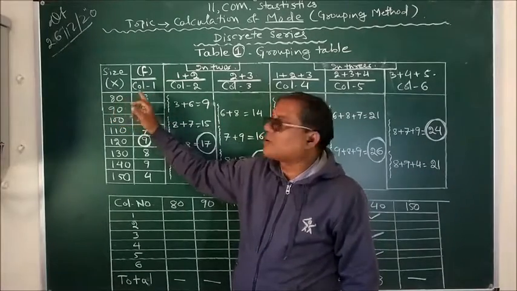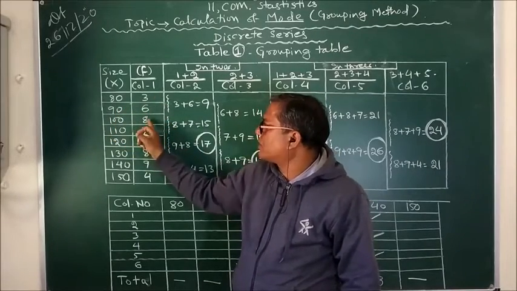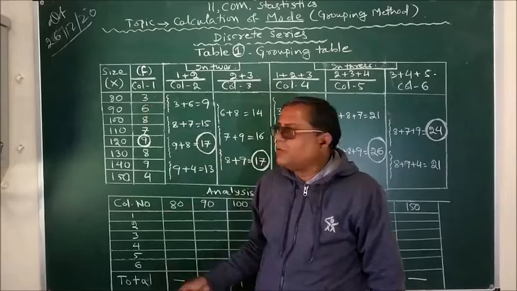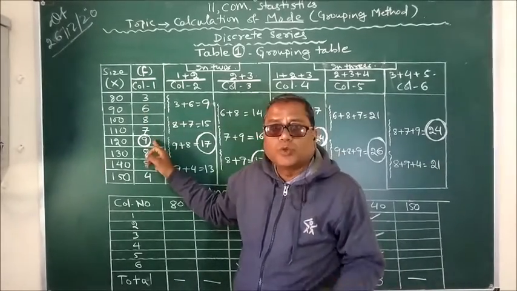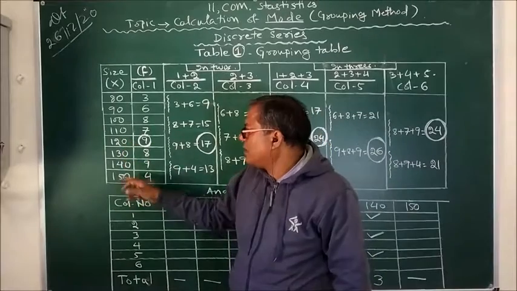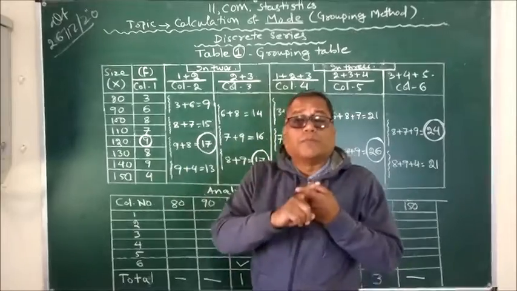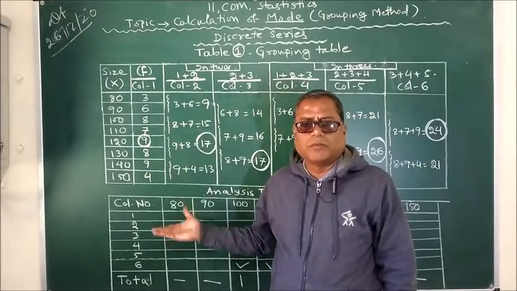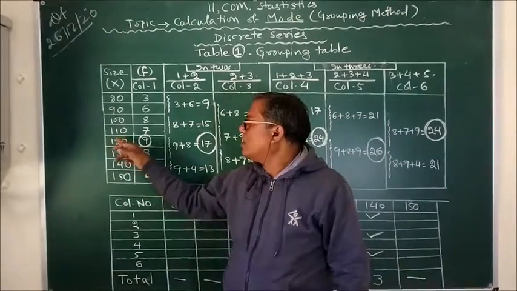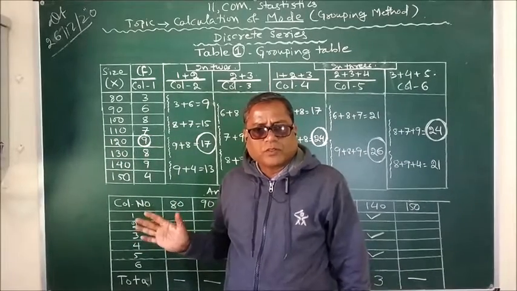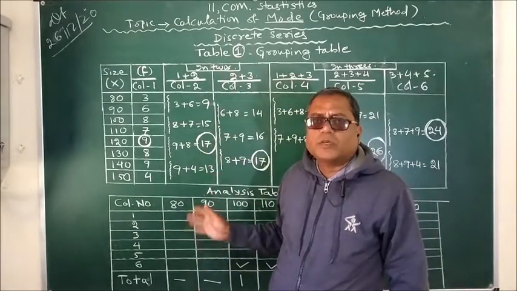The value 80 occurs 3 times in the series, the value 90 occurs 6 times, 100 occurs 8 times. In this way we can see the maximum number of occurrence is 9, and it belongs to two different values, 120 and 140. Its frequency is also 9. So here we are confused by observation method, as we cannot be sure whether 140 is the mode or 120 is the mode. So in order to overcome such type of problem, we have the method which is called